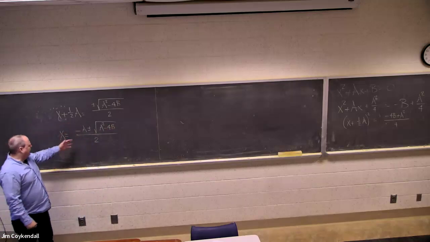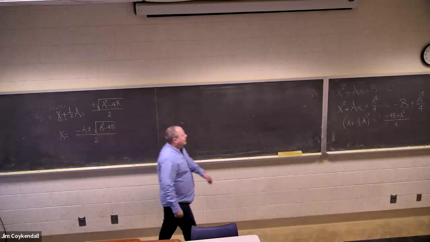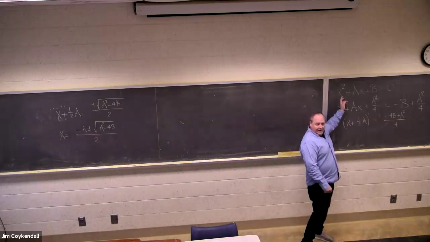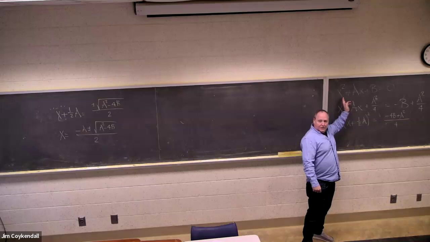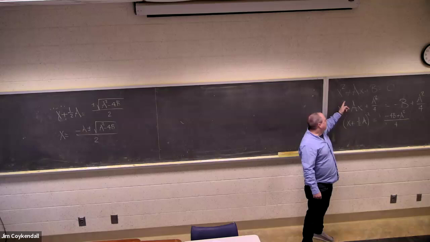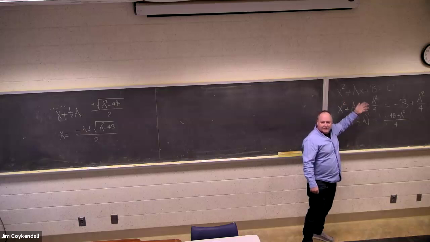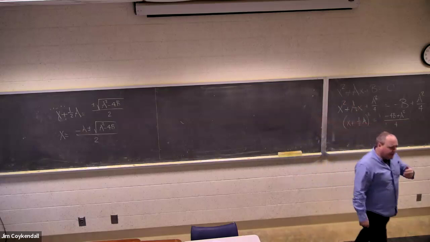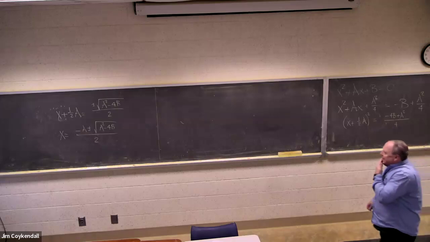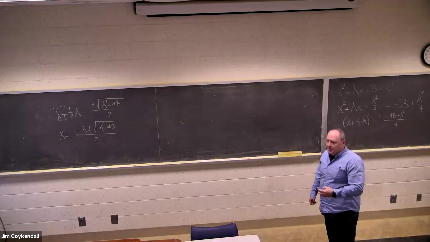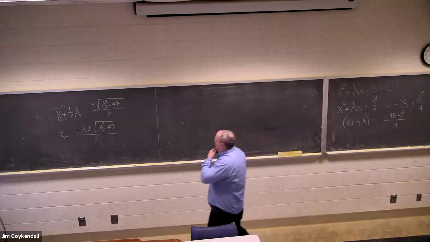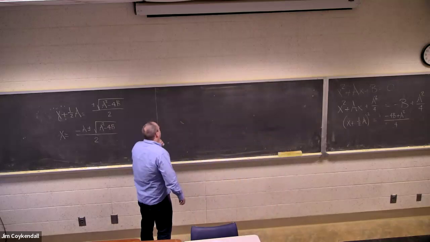And of course, if this looks a little bit unfamiliar, it's because I assumed at the outset that my coefficient of the x squared term was 1, right? And you can always do that, because even if it's 7, I can just divide everything by 7, and that makes my life easier. Now, I take this down memory lane, and there's one more thing that I want to bring up, and that is